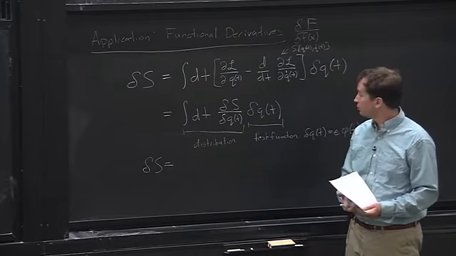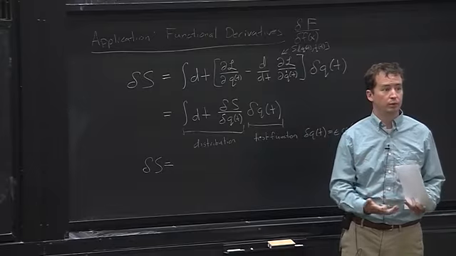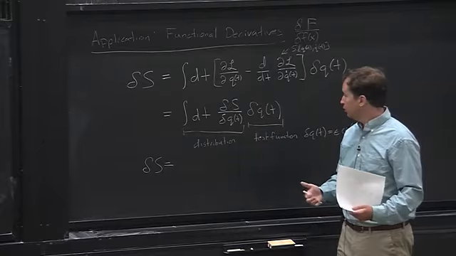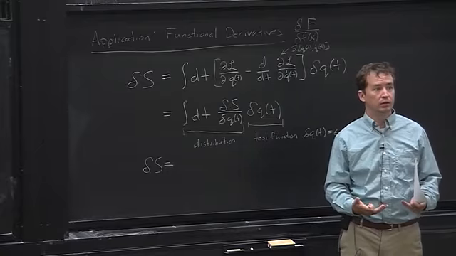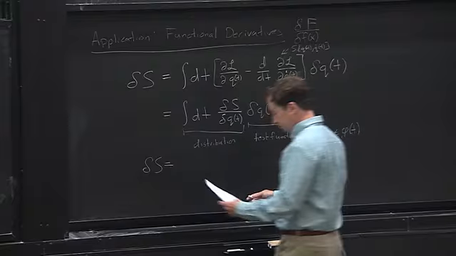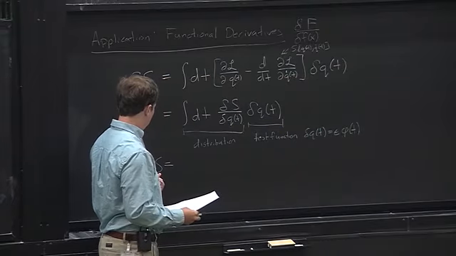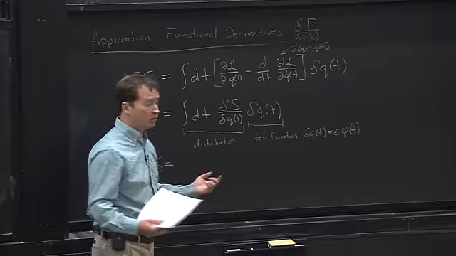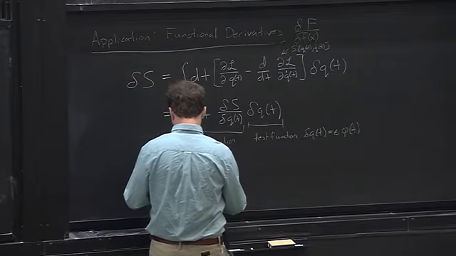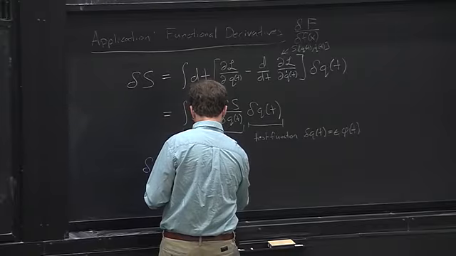If we have a functional, we need to compute a functional derivative, but we can think about a functional as a limit of a function with infinitely many arguments. So in particular, if we were computing the variation in some quantity s that depended on a discrete set of variables, qi,